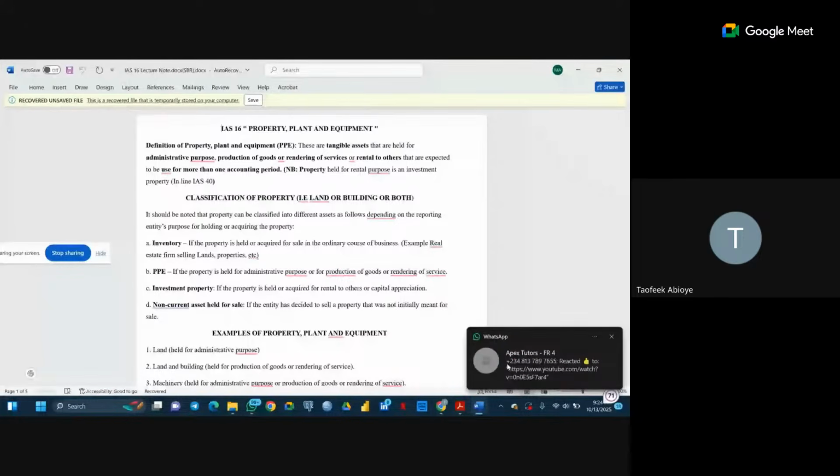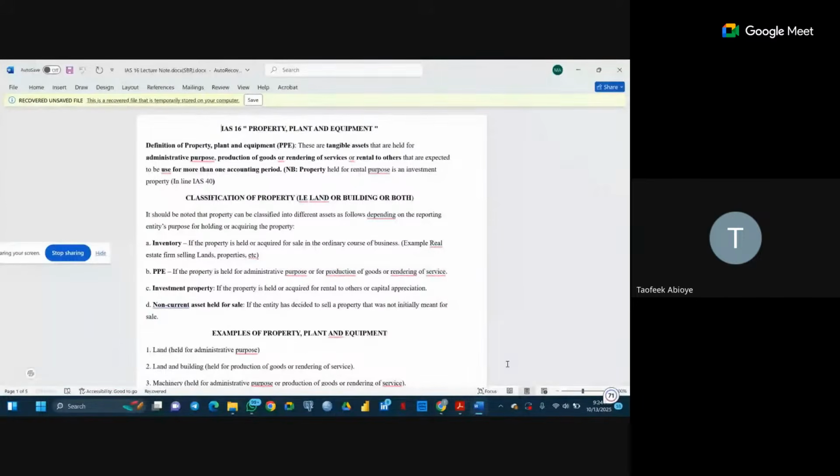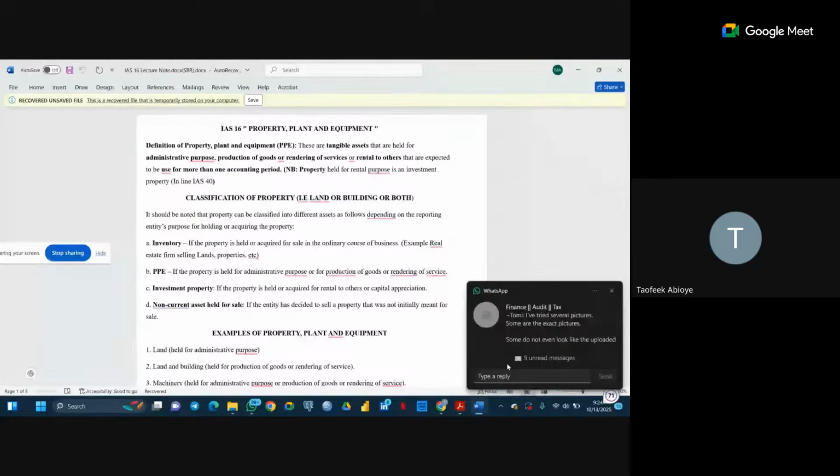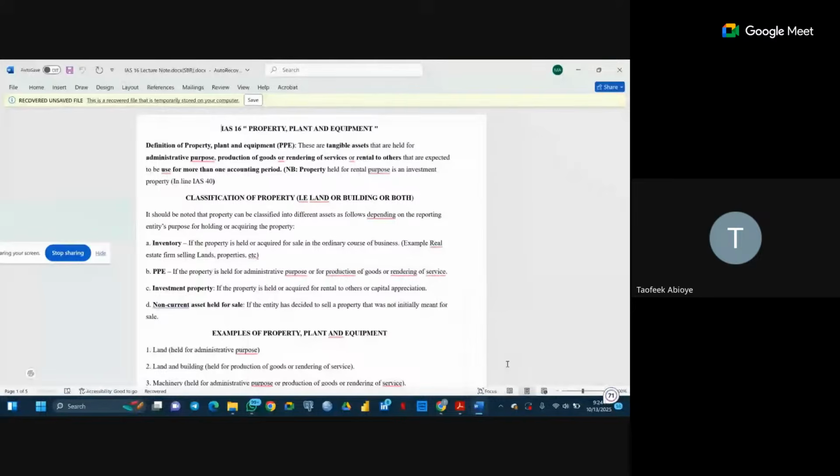To them, those particular buildings are not being held for administrative purpose. That is what they transact on the normal day-to-day transactions. So we have PPE, which is the one that is being held for administrative purpose. We also have investment property. These are the property held or acquired for rental to others or capital appreciation. We also have non-current assets held for sale, IFRS 5. I think we have discussed that already. So these are the